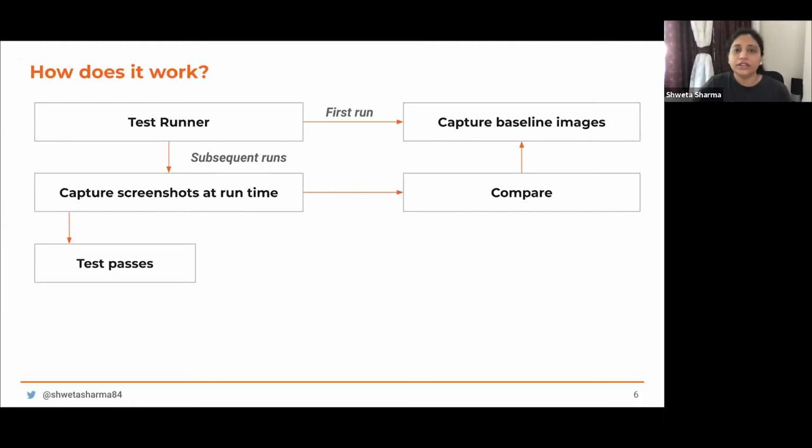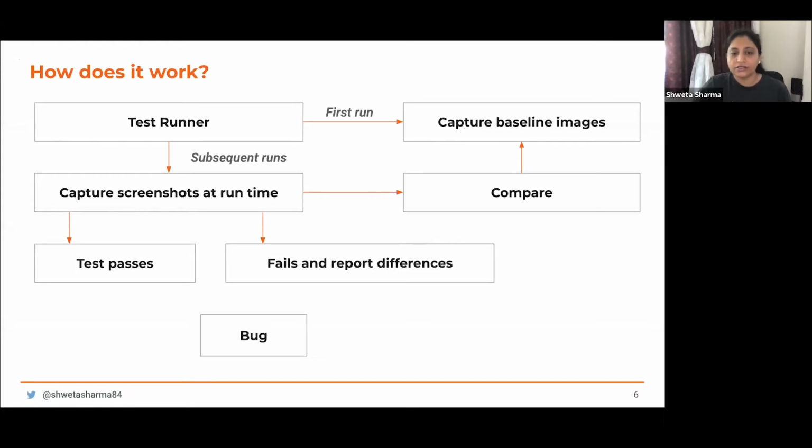It's just going to compare the expected versus the actual, and generate a pass result or a fail result, right? When the test fails, there would be two outcomes primarily.